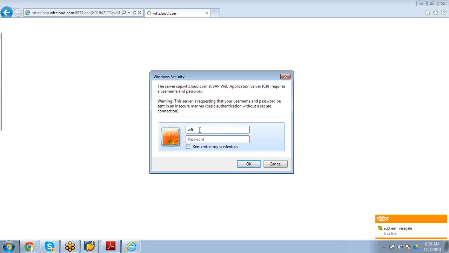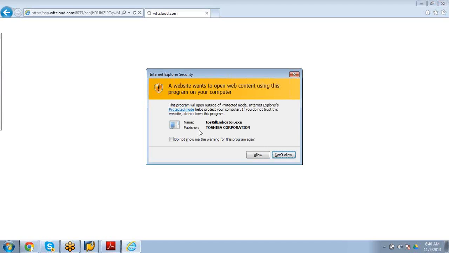CRM web client UI is a web environment using web application server for all the online activities, using thin client.